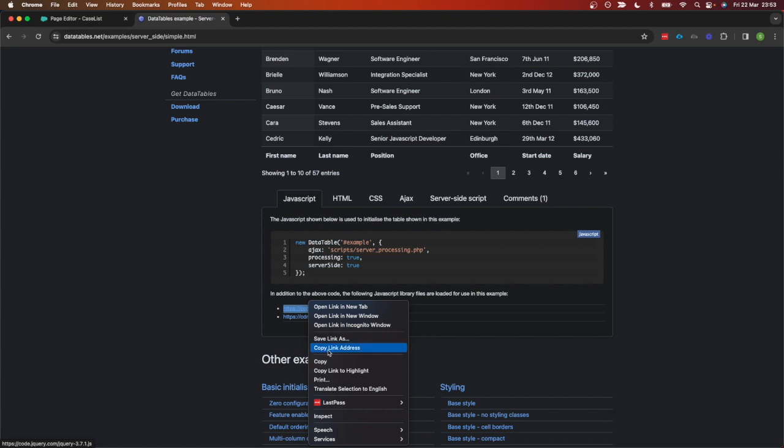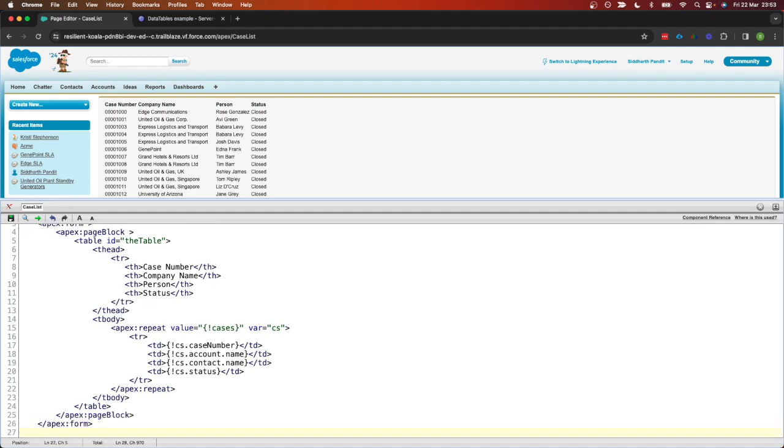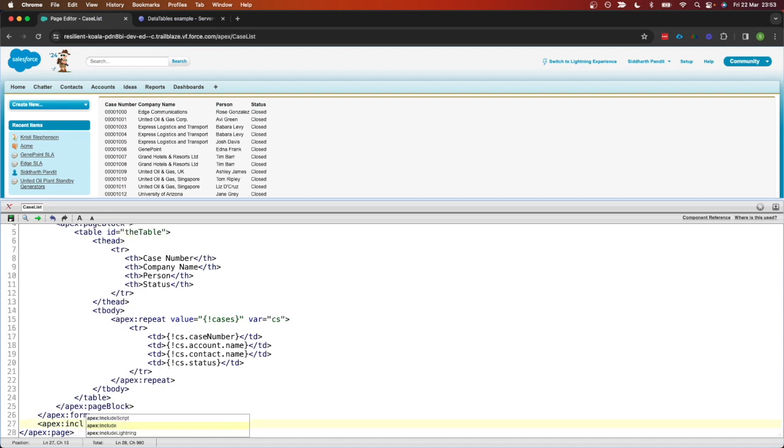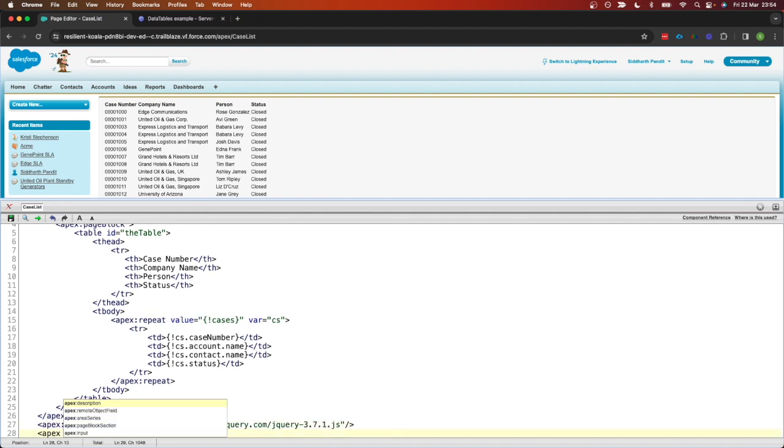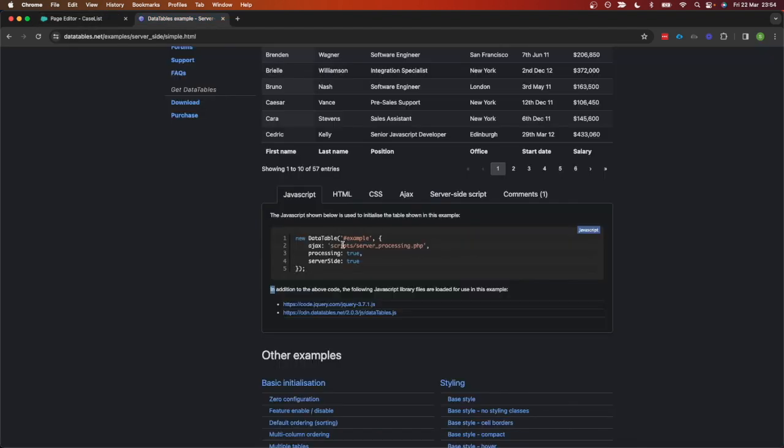Now JavaScript should be written at the end of the page. So after the closing of the form tag, I'm going to type apex include script. Again type apex include script value and paste the value. And finally we're gonna now copy this JavaScript function,